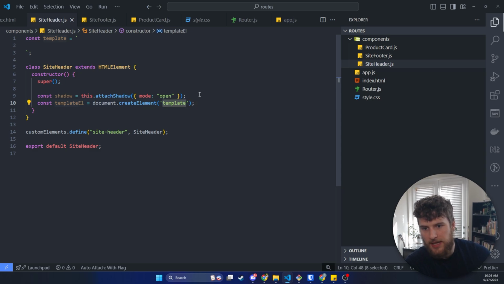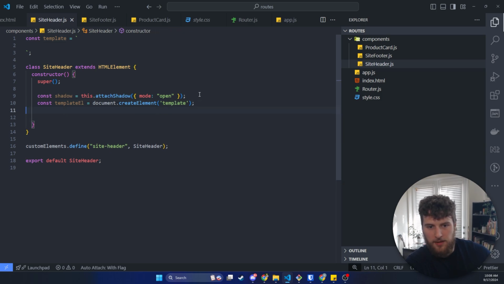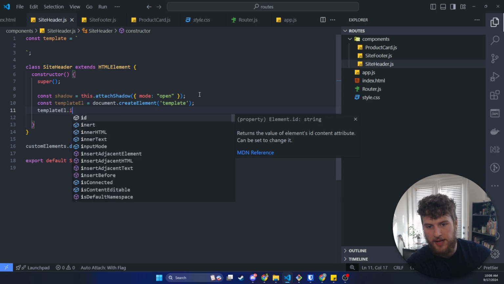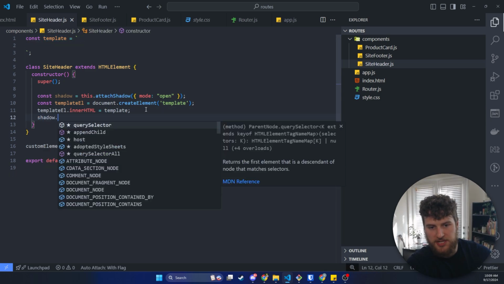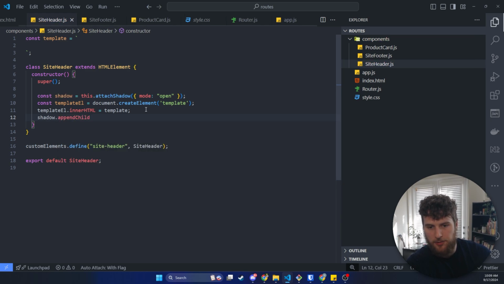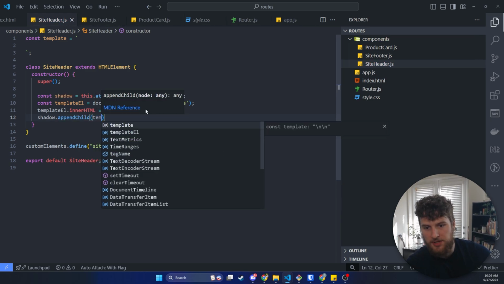So the template element in HTML is not actually shown, it's just used to store content essentially. And then below that we will say templateEl.innerHTML, and we need to set that equal to our template, which is the variable that we're creating up here. And then lastly, we need to say shadow.appendChild, and then we need to get the templateEl